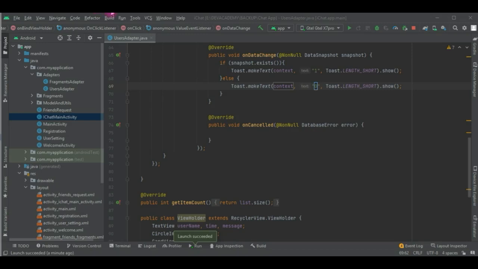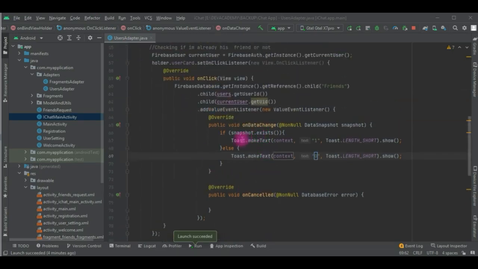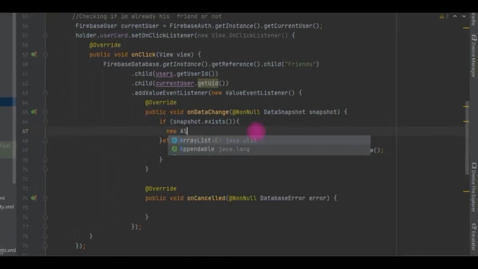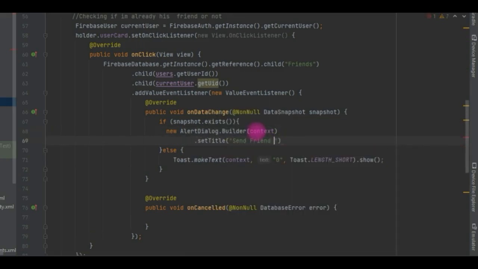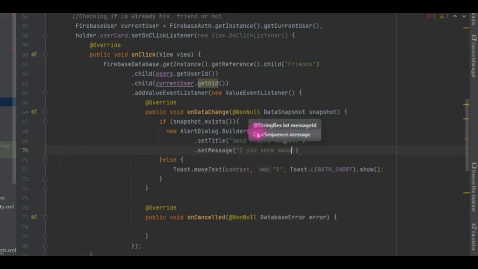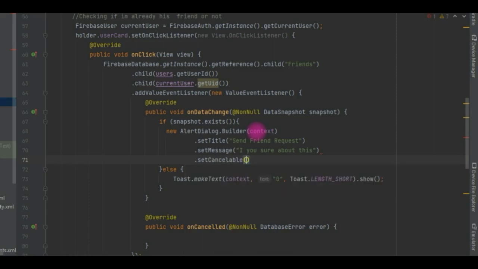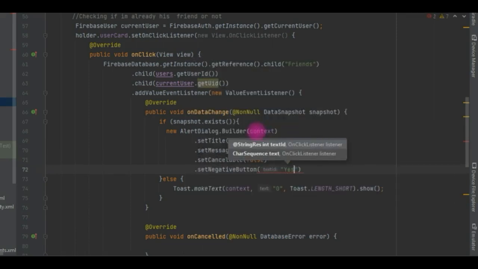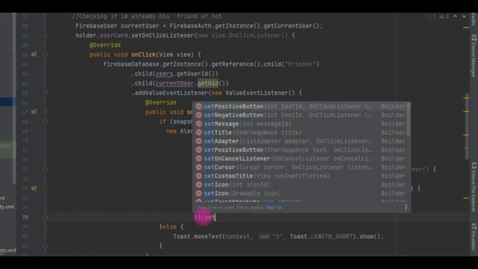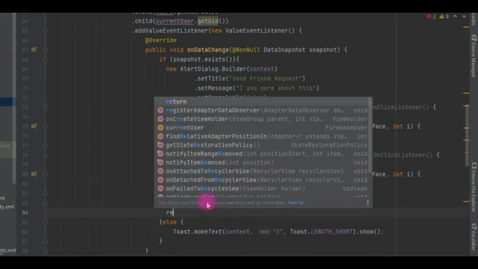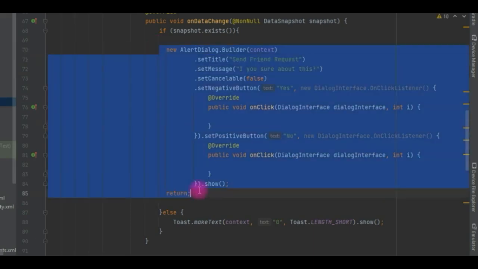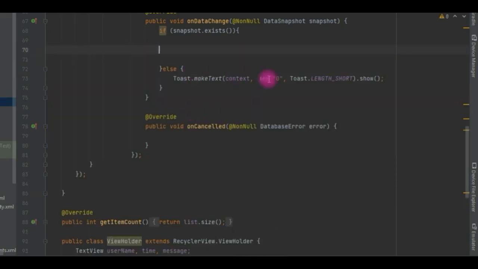So let's try to. So it's working well. Now let's start the coding. So we'll need the dialog here. This dialog we need to add to 0. Sorry, we need to add to here to 0,